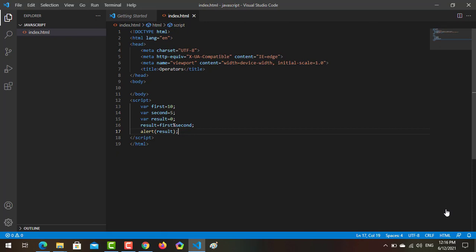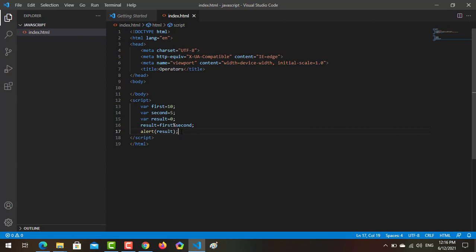The next operators we are going to explore are post increment, post decrement, pre increment and pre decrement. What really are these? These are operators used for incrementing.